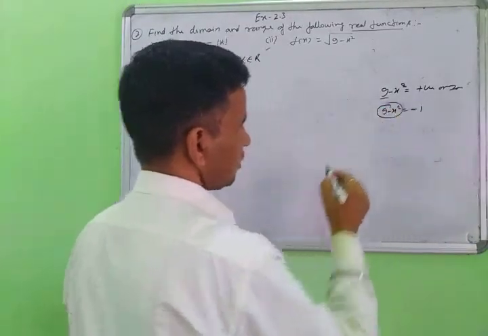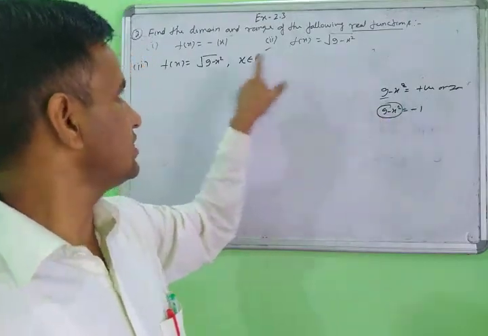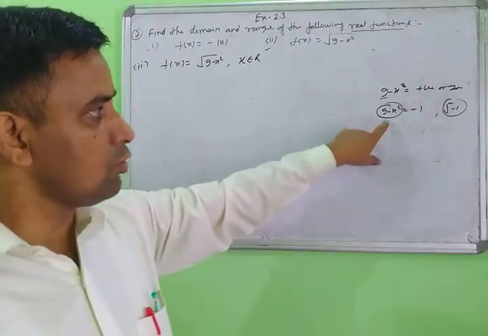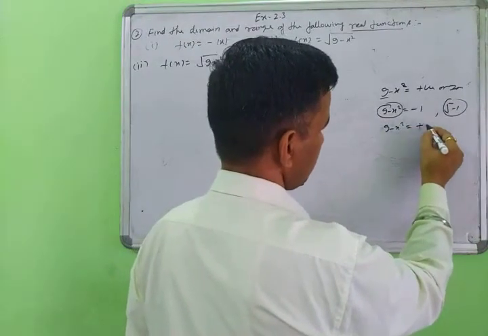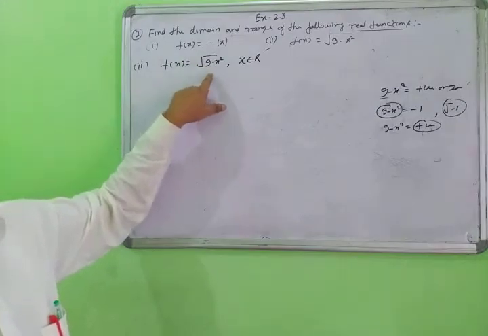If the result of 9 minus x square is a negative number, it means this is a complex number. This will be converted to root of a negative, which is a complex number. If this value always comes in the positive form, meaning 9 minus x square always comes in the positive form, then you can say this is a real number.